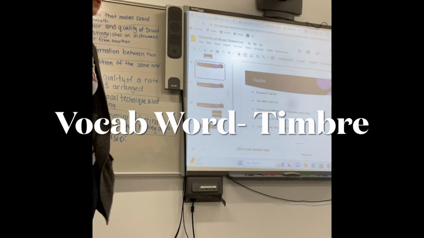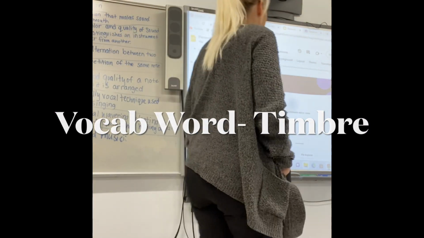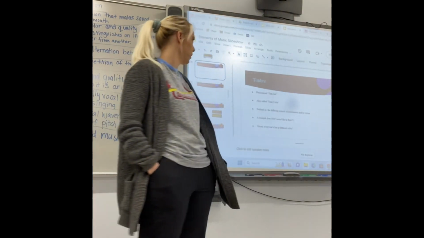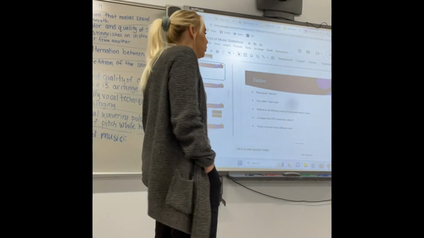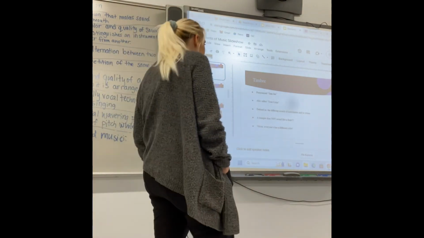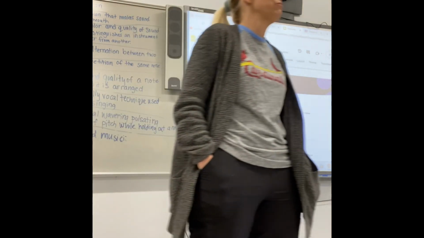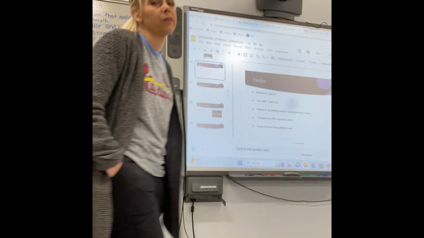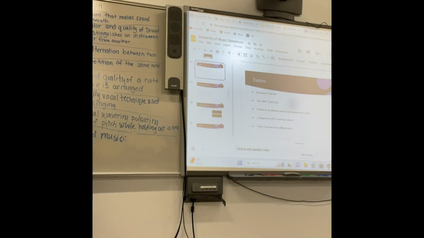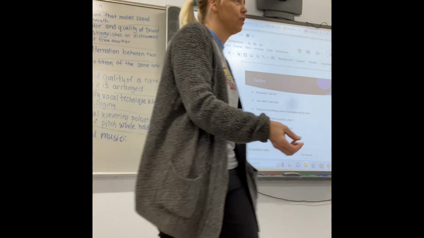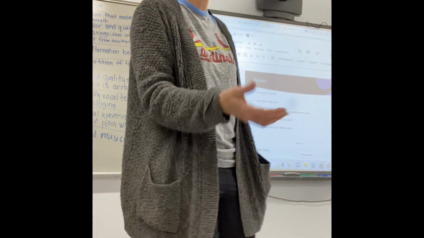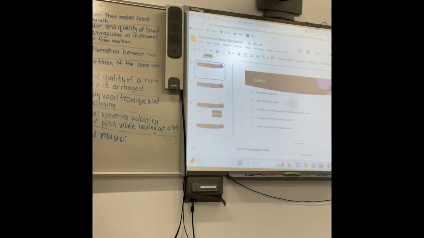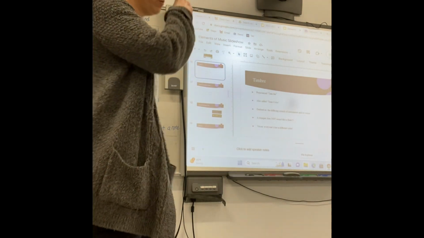I always want to say timber because it looks like timber to me, so I would draw a tree. I don't know why, but it's also called the tone color. If I played a certain sound for you, you would be able to say, okay, I know what instrument that is, because I've been told all my life that's a piano. Or you may have heard in life what a piano sounds like. Those different sounds help identify it.